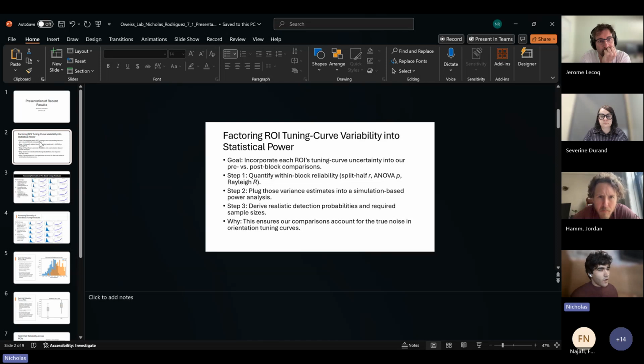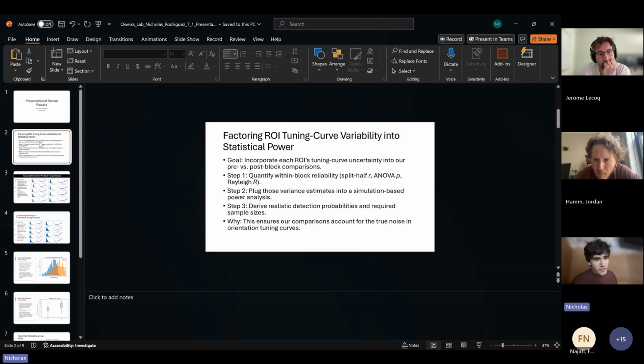to the ROIs after the presentation of the odd block, for instance. Are they exhibiting more reliable orientation tuning after the presentation of the odd block compared to the pre-block? So that was an assumption I never really looked at in my previous analysis, so that's the focus here. And this is supposed to be something like a preliminary to a simulation that would actually look at statistical power. Okay. So with that said,